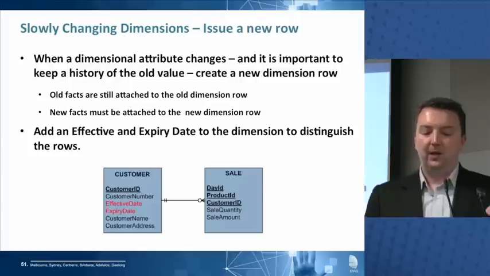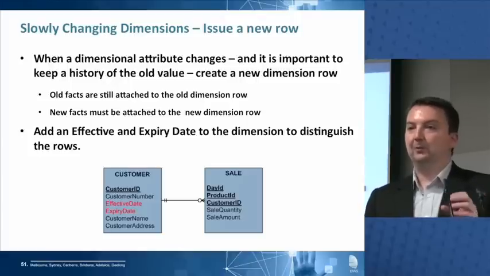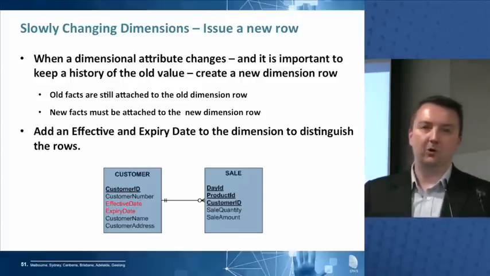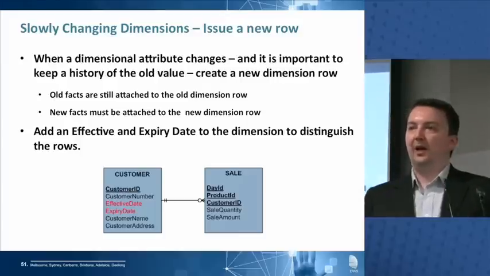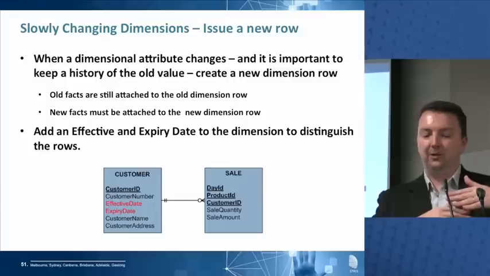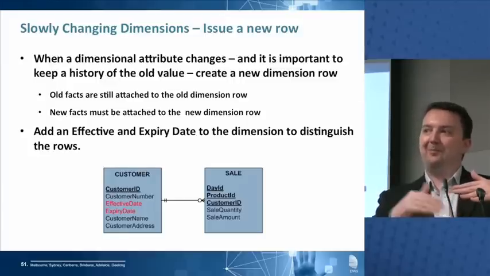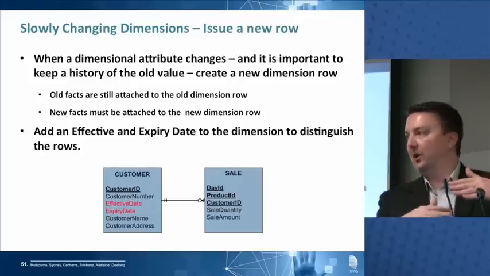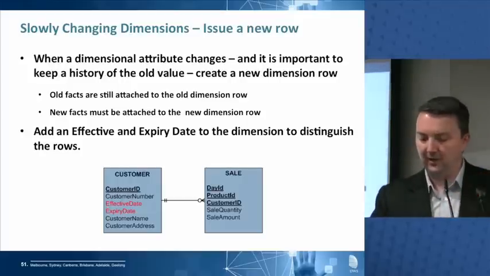We do have to be a little bit careful because there's things that we don't want to track over time, like customer's name, for instance. If they change their name, we're not interested in their old name. So when we do create that new row in the customer table, if the name changes, we've got to update the name on the old row. But if the address changes, then we leave the old row alone and just create a new row.